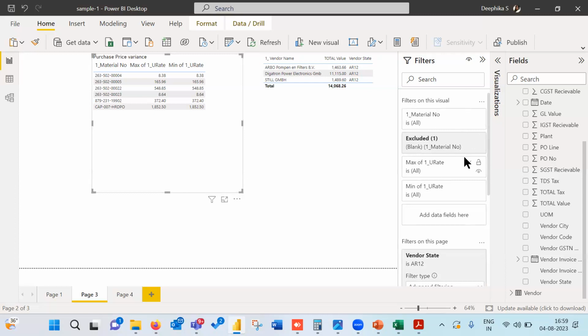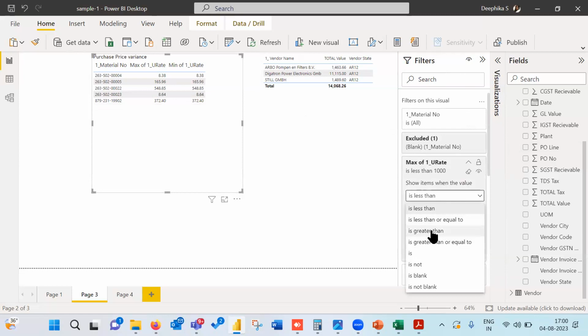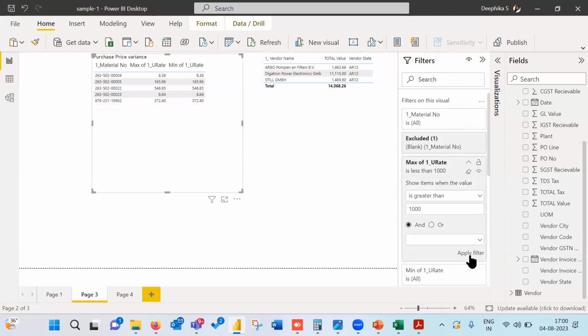I'm putting excluded materials that are blank, unit rates less than 1,000 rupees. I'm taking materiality; those will all be peripherals or consumables, which I don't want to verify. Then I apply the filter, so all units which are less than 1,000 will get removed. If I give show items less than 1,000, I have to give show items greater than 1,000. Then those 6 will be removed, so only 1,800 items are there.